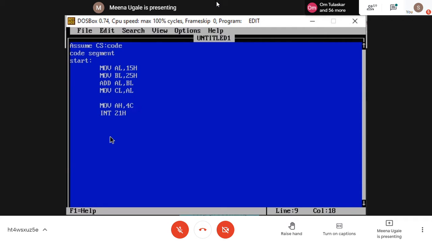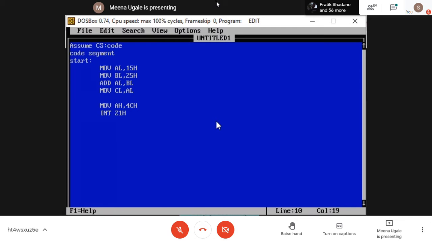One purpose is termination of the program, which is possible when I load the 4C value in my AH register. This is hexadecimal, so I'm writing H here. Don't consider this as 4CH; this H is just telling us this is a hexadecimal number. And then this is the end of my program.